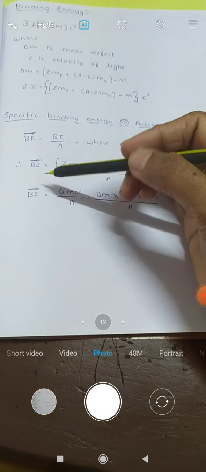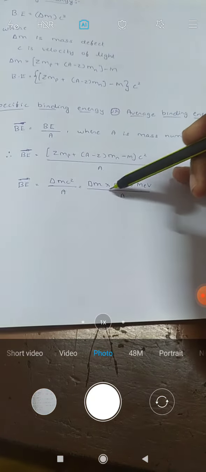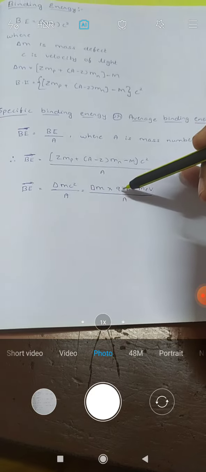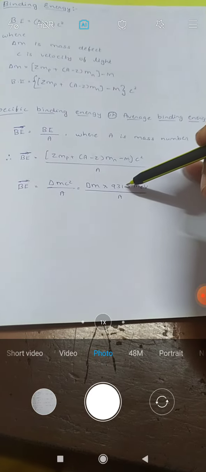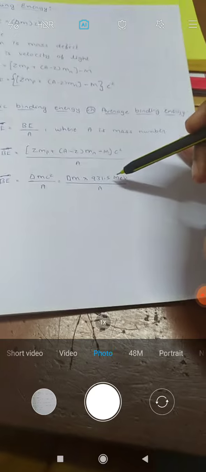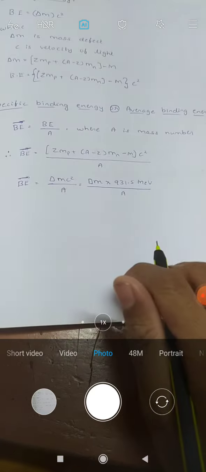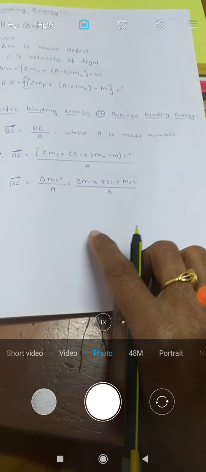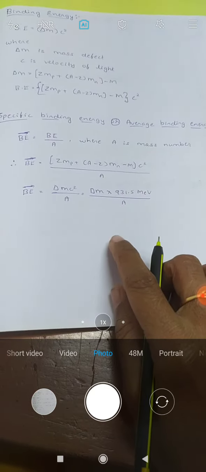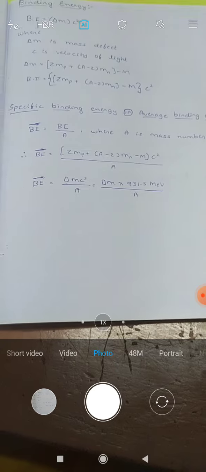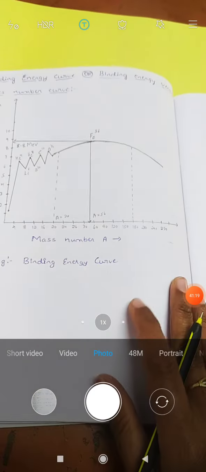So this expression becomes average binding energy or specific binding energy, which is equal to delta M into 931.5 divided by A mega electron volt. This is about the specific binding energy or average binding energy of the nucleus of an atom. Next concept